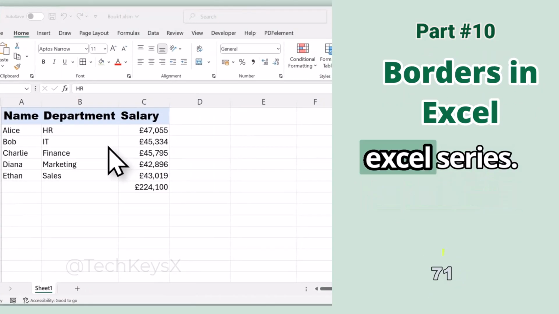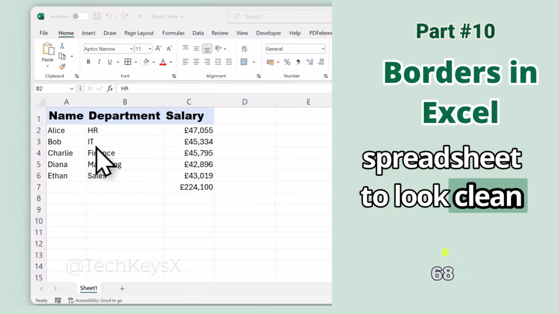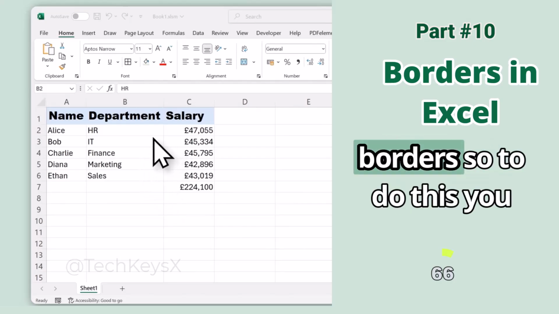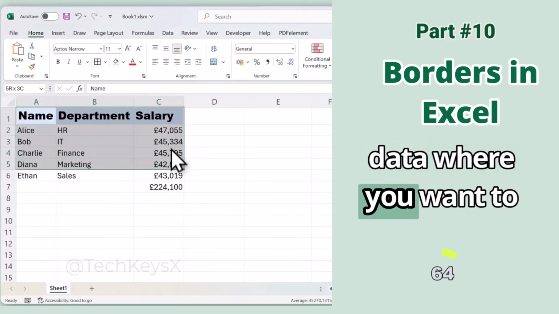Hello guys, welcome to Excel series. You want your spreadsheet to look clean and professional. Let's talk about borders. So to do this, you need to select your data where you want to add borders